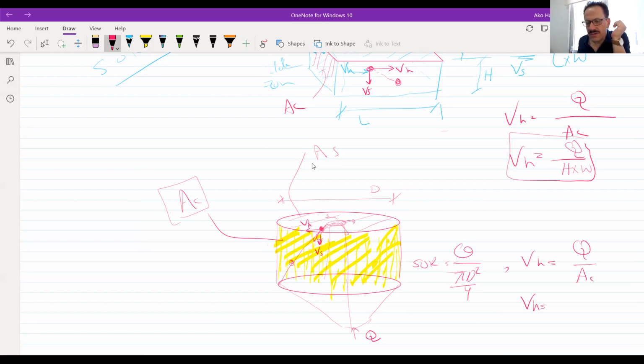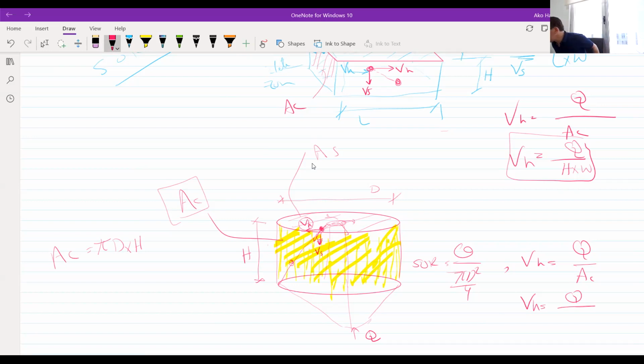So the horizontal velocity V is equal to Q divided by A sub C. What is the surface area of this cylinder part? It's equal to, this is the edge, the circumference of the circular shape, which is πd, multiplied by h. This gives you the cross-sectional area, perpendicular to the direction of the flow. Okay, now